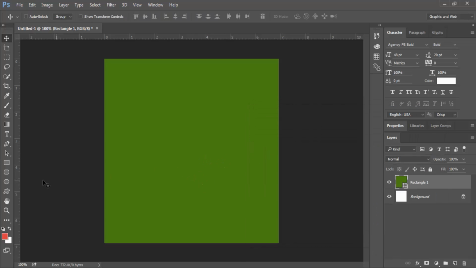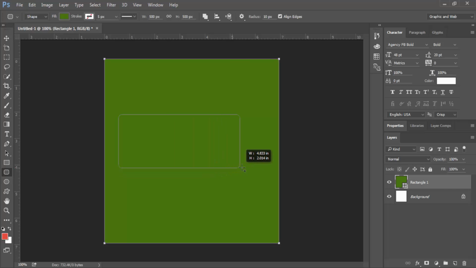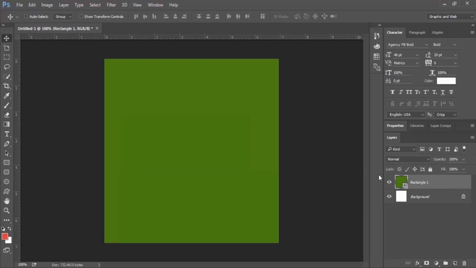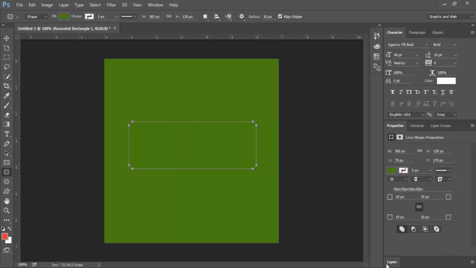Now we will create the buttons using the rounded rectangle tool. Sorry, let's repeat. We repeat again, using your rounded rectangle tool and create the shape.